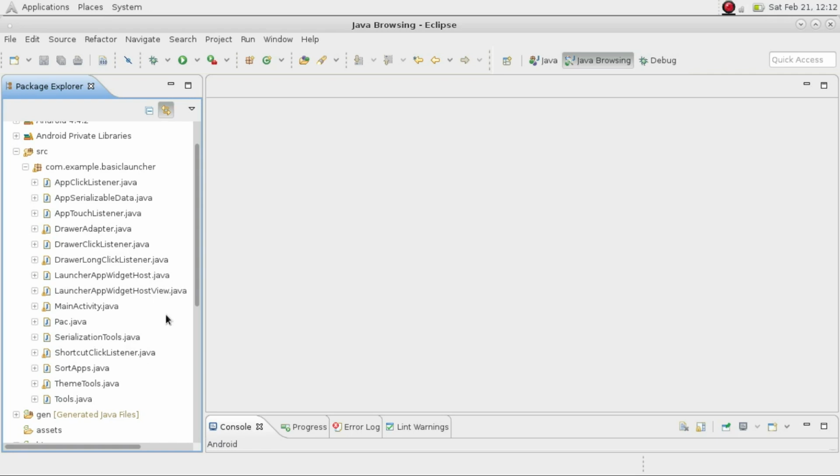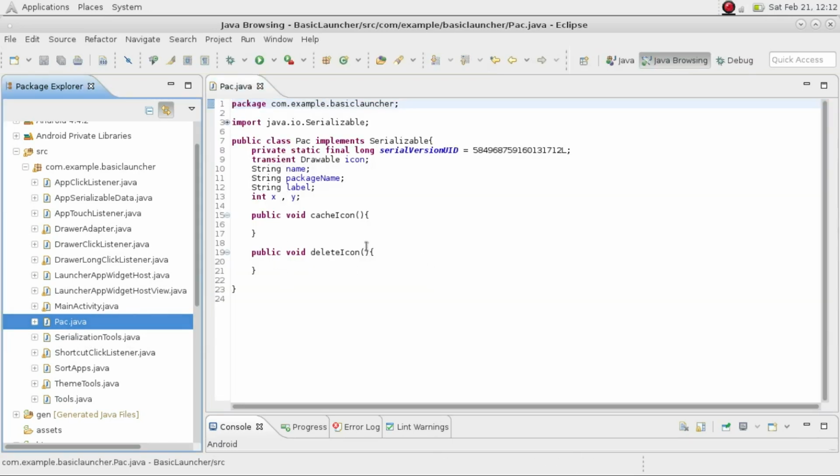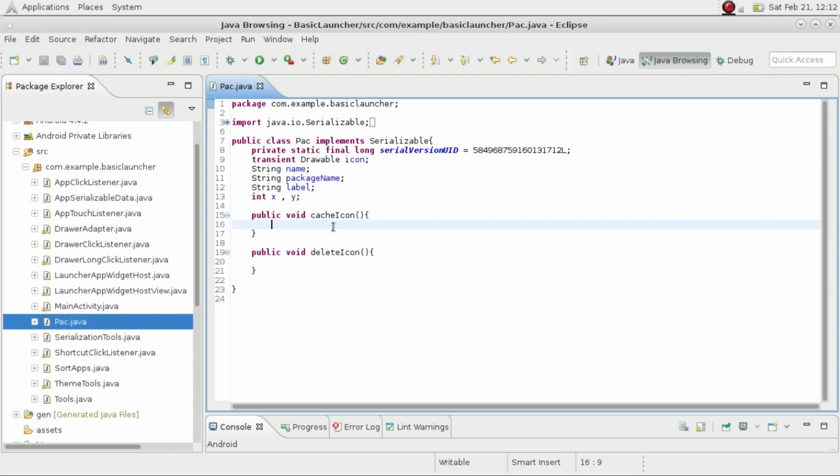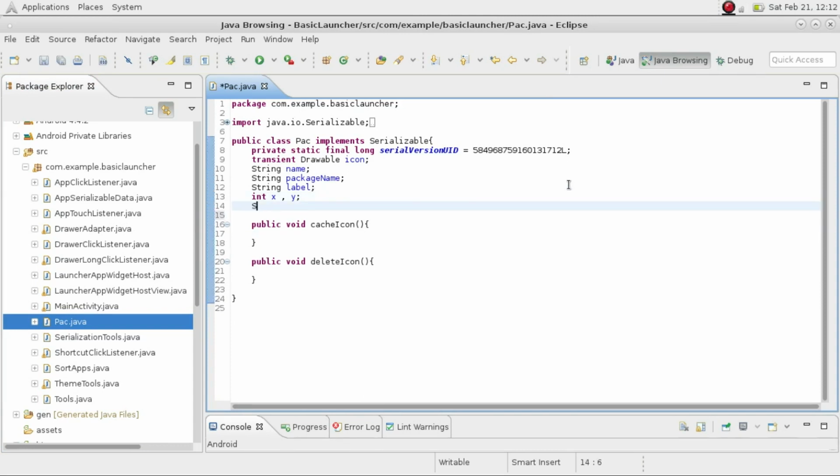So last time we were looking at doing some saving stuff. We were last looking at the pack class, and I actually want to get to the icon caching first. Let's add another string to the pack, and we can call it icon location, and this will be the file location to the app icon. So inside of the cache icon method,